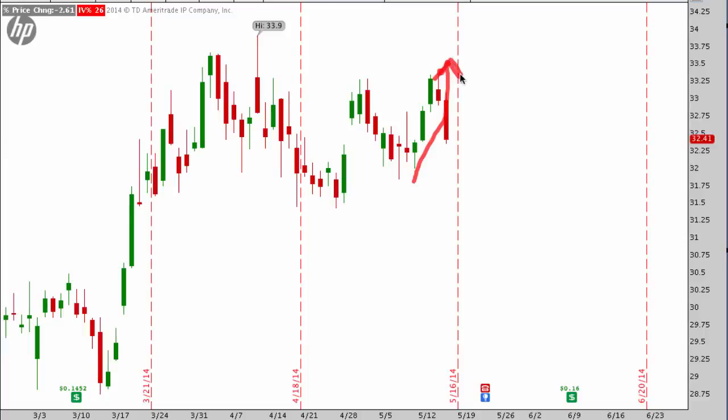We obviously weren't going to get that type of a move up to 35. You can see it's not even on our chart on the right hand side here. That $35 price level is not even up there right now. So really it was just a shot in the dark. Implied volatility has increased just slightly since we entered the trade, but really nothing marginal enough to make a profit in this. So we decided to get rid of this position before May expiration and just take a small $10